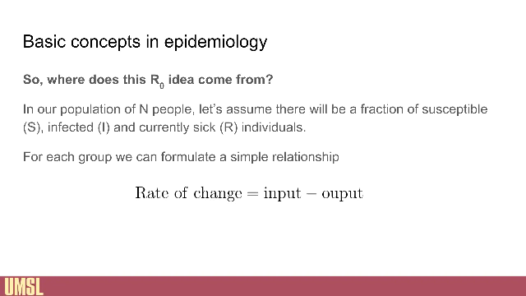And there, again, there's no output, that you become resistant. And then in the simplest incarnation of this model, no resistant people become susceptible. So you're resistant for life to this particular pathogen. And so we only see inputs into the resistant population, right? And so we can think about all of these things in terms of their rate of change in time by